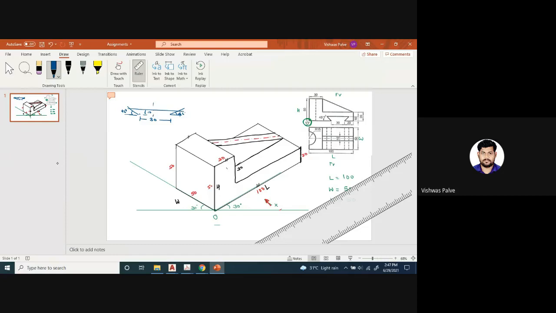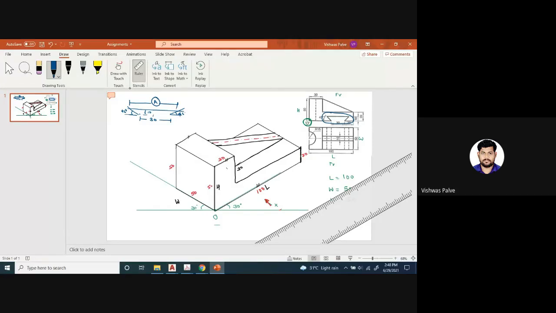Now can we measure this distance? You measure this distance. How much is that distance? You have to draw it and then calculate it. I'll name this distance as a distance, because I am not drawing it with the actual dimension. How are you going to calculate it? First, take 2 points at a distance of 30 millimeter, and draw an inclined line at 45 degree. This portion you have to redraw.